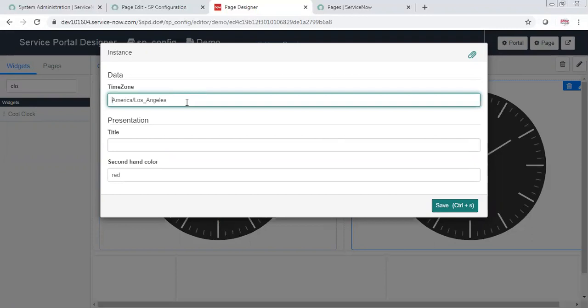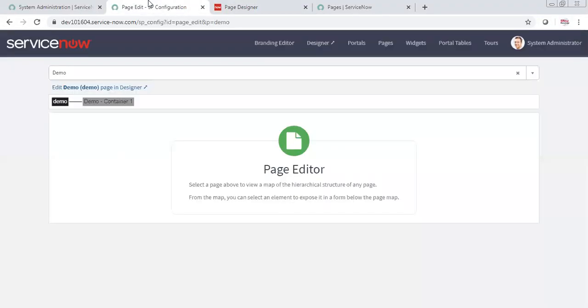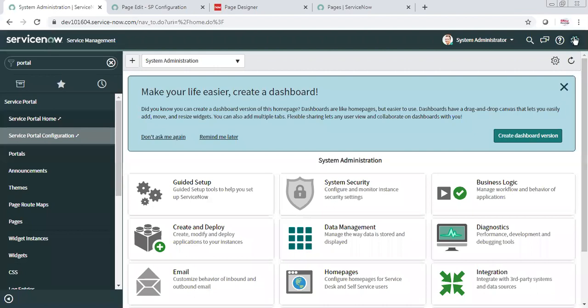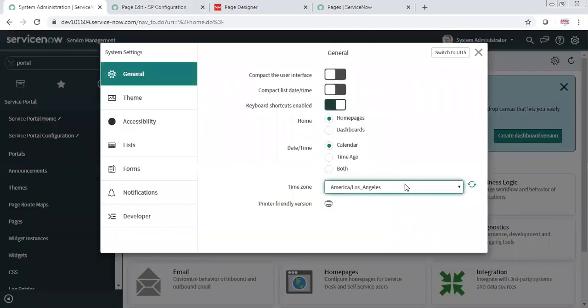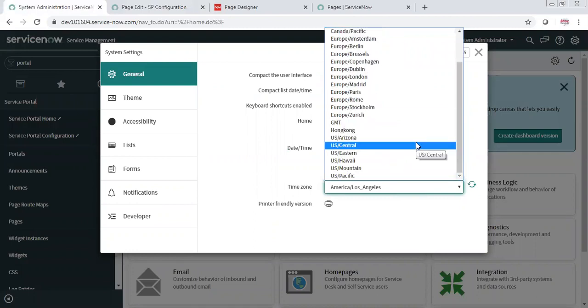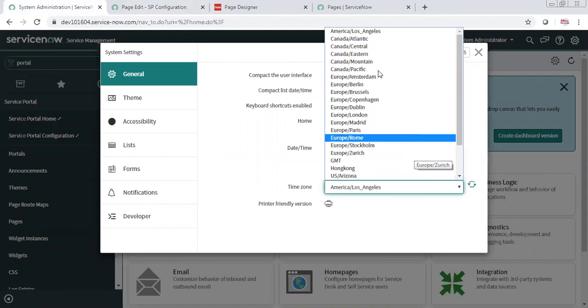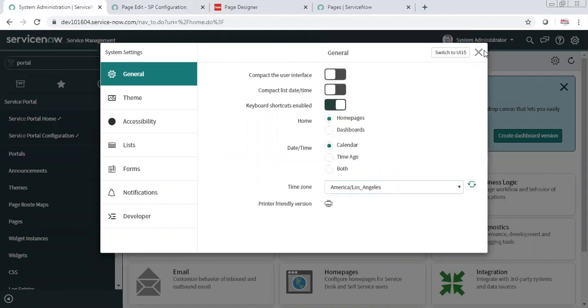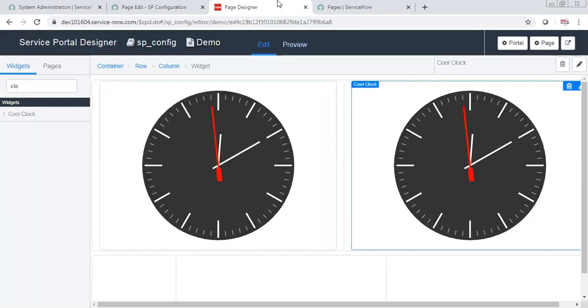So if I select another time zone, that's where I would use Los Angeles. I will say Canada Central. Okay.